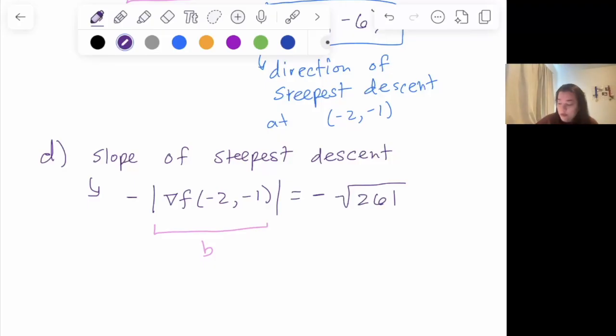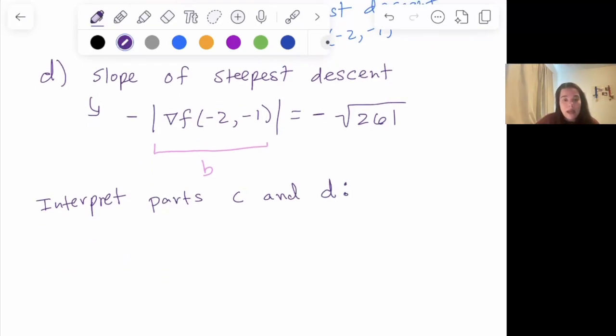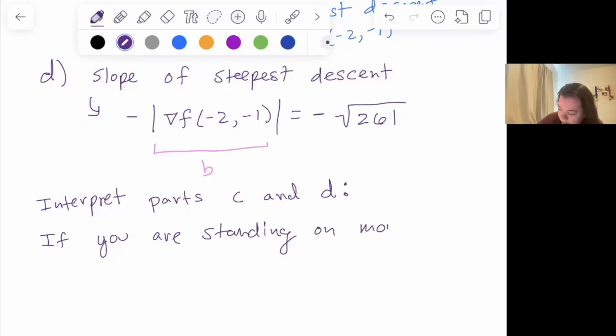So let's interpret parts C and D in a sentence, just to make sure we understand what exactly we found. Let's check out their meaning. And I'm going to use that analogy of a mountain again. So let's say you are standing on mountain F,